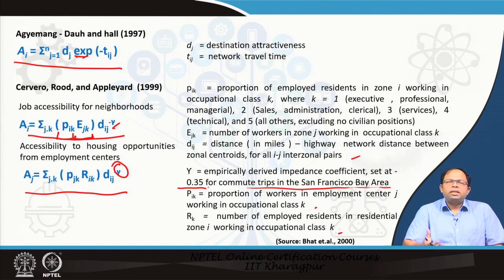So, that is based on the data set that they used, this was the value used. But if you are developing an accessibility measure for your city, then you also have to calibrate the model as per the data that you have in hand. So, basically we see that we can also use gravity models for different groups of residents or for different purposes, and we can always have accessibility for different groups, and then we can adapt that accessibility measure and find the overall accessibility for a particular zone.